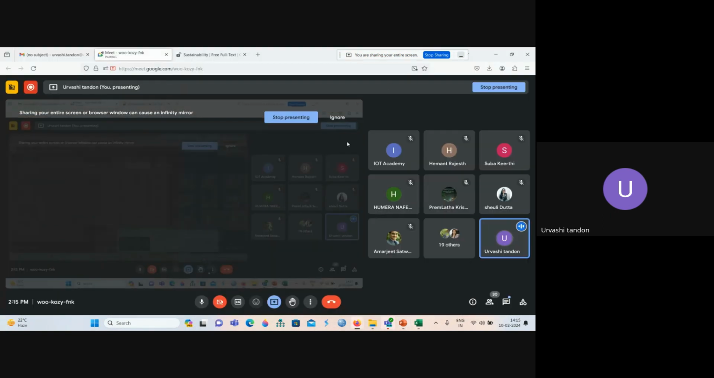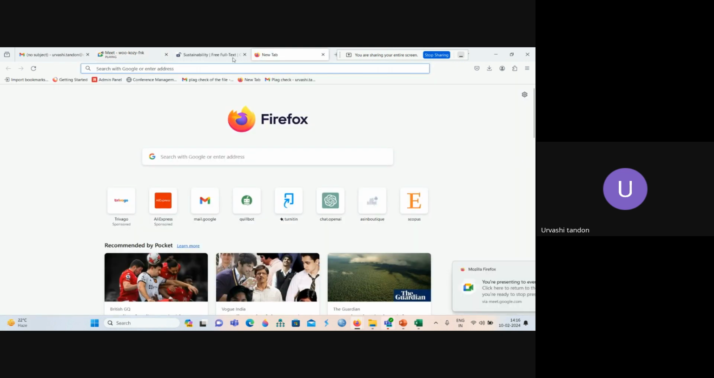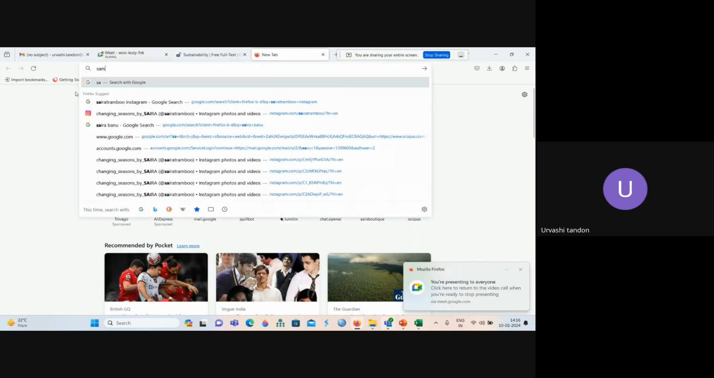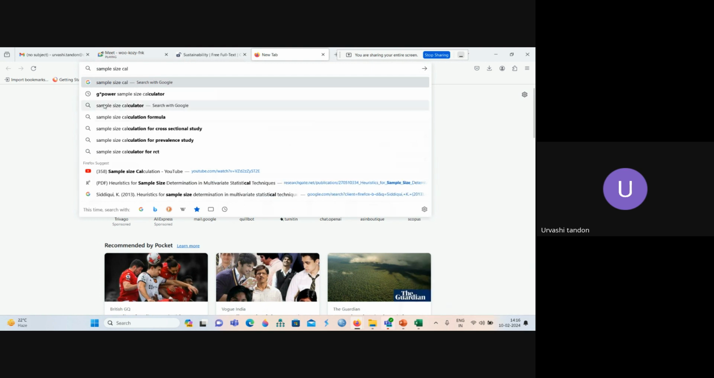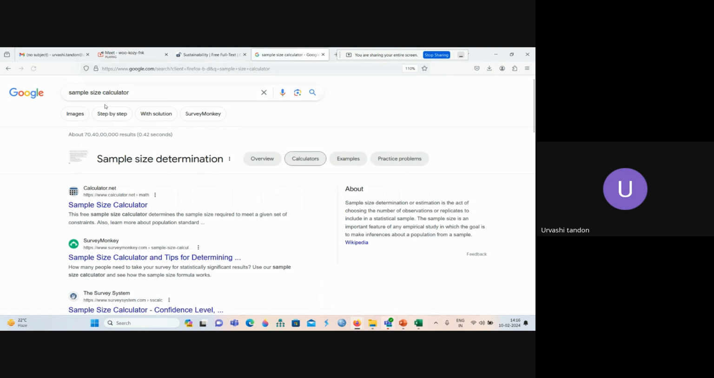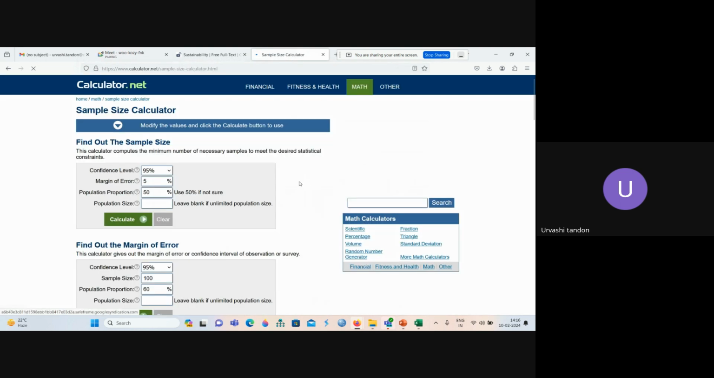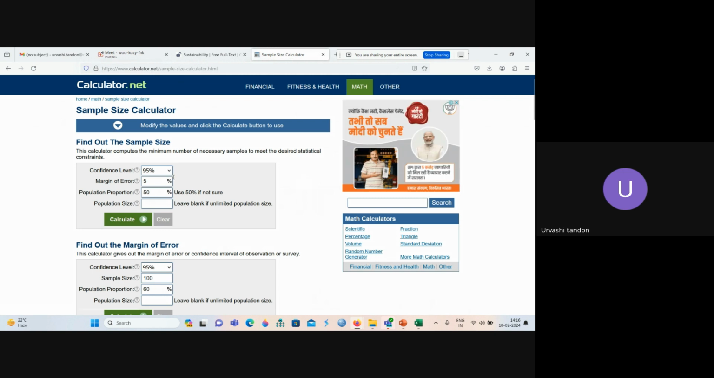I'll show if it is possible. Okay, sample size calculator. Is it visible? Yes, ma'am. Yeah. So confidence level 95%, population proportion, or if I say calculate,